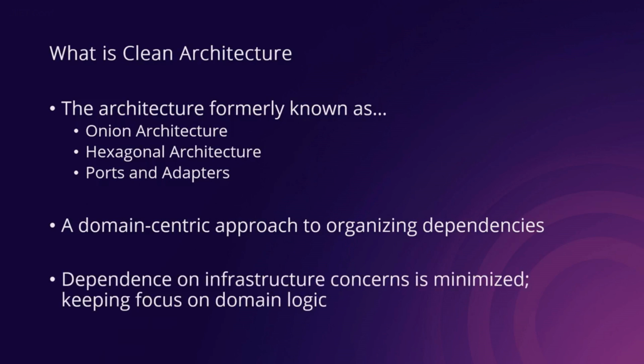The other thing about clean architecture is that you want to depend on infrastructure as loosely as possible. Right? You're going to have coupling to your infrastructure concerns, your database, how you send emails, how you call various web APIs you might leverage. But you want to have those things sort of at arm's length. You don't want to have to do surgery on your whole application just because you changed how you send emails, or you want to be able to test it with an in-memory database instead of an actual Cosmos DB or something like that. Also, by eliminating or minimizing the direct dependency on these infrastructure concerns, we're better able to focus on the business logic or the domain logic if you're using domain-driven design terminology.